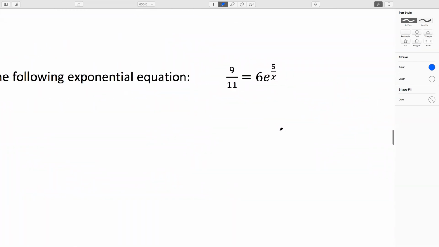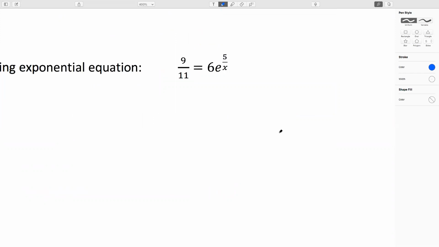Solve the following exponential equation. 9 over 11 equals 6 to the power e over 5x. Okay, so first thing I'm going to do is divide both sides by 6. I want to remove 6. So if we divide by 6, this equation turns into 9 over 66 equals e to the 5 divided